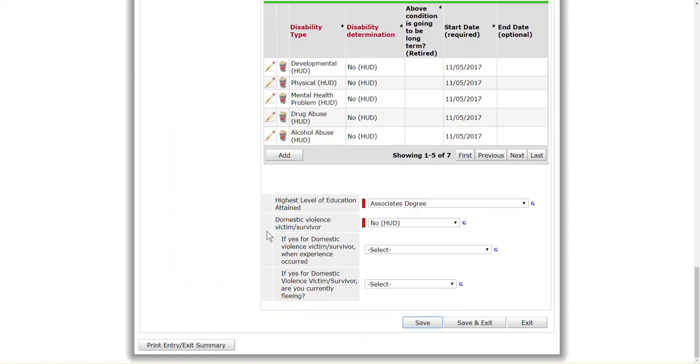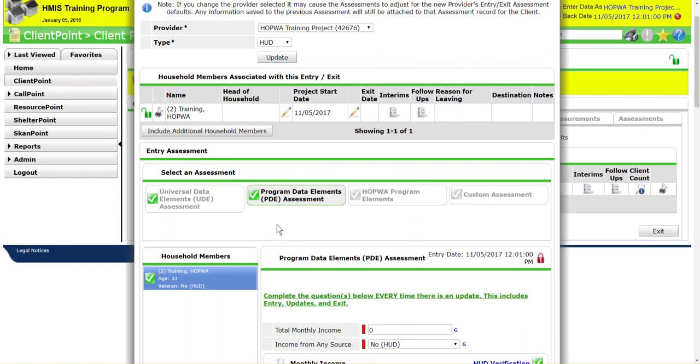So we'll save this. And so it's always a matter of every time entering a client, even if you're doing updates or a new client to your system, even if they have previous elements, you want to double check the universal data elements, double check the program data elements, reconfirm any data is there, or enter any new data for